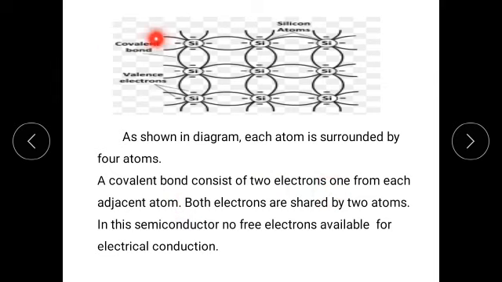See here in this diagram, this is the covalent bond, these are the valence electrons, and both electrons are shared by 2 atoms, and in this semiconductor no free electron is available for electrical conduction because they are used to form the covalent bond,